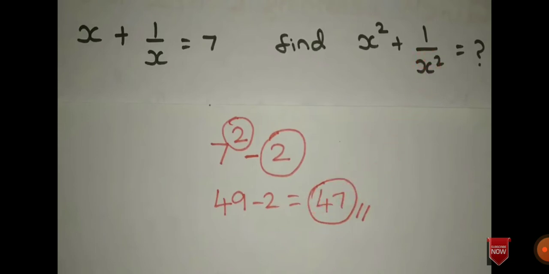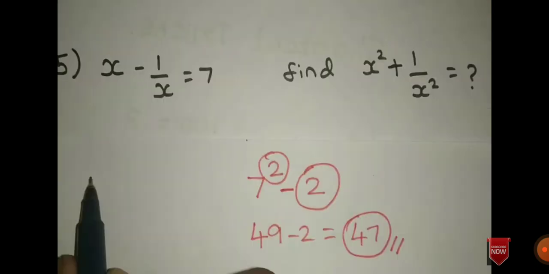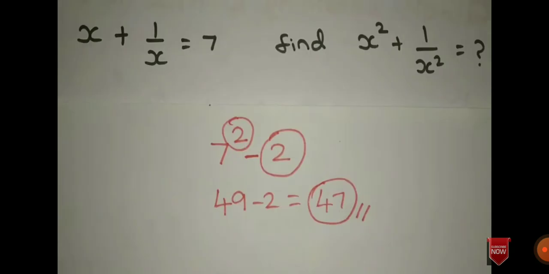Okay, just try it. You will be getting the answer 47. And next thing is you will be having 4 options, and 47 will be there. Okay, so just see. So here, yeah. If you are having minus sign here, then you have to put plus. So opposite sign. Here we are having plus, so we are putting minus. If you are having minus here, we have to put plus here.